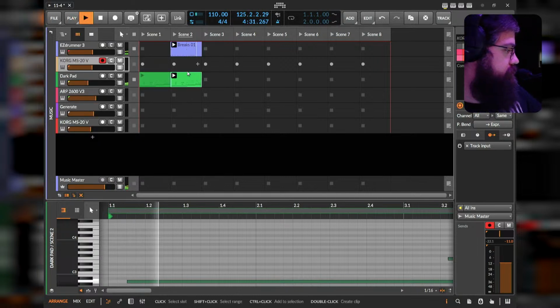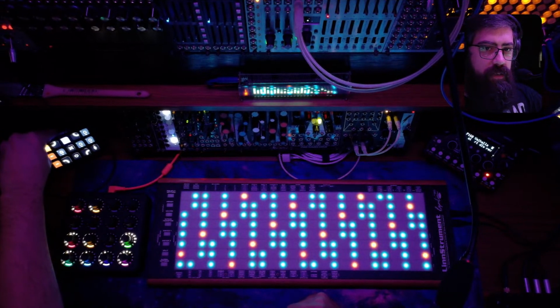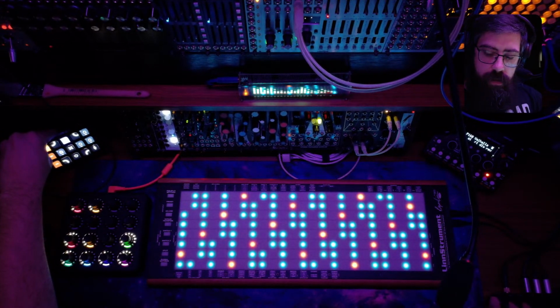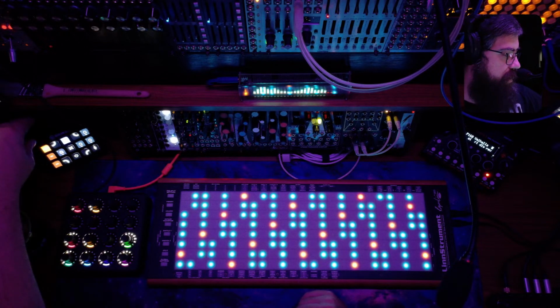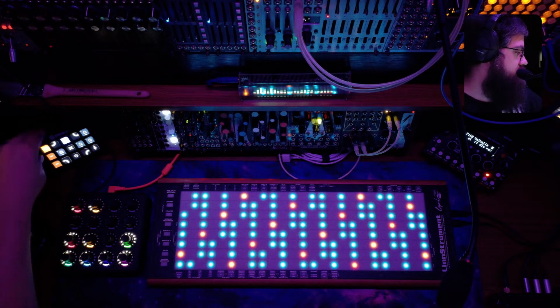All right, so back here, I'm gonna kind of show you how it works with recording a track by using the Stream Deck here. And so in that regard,